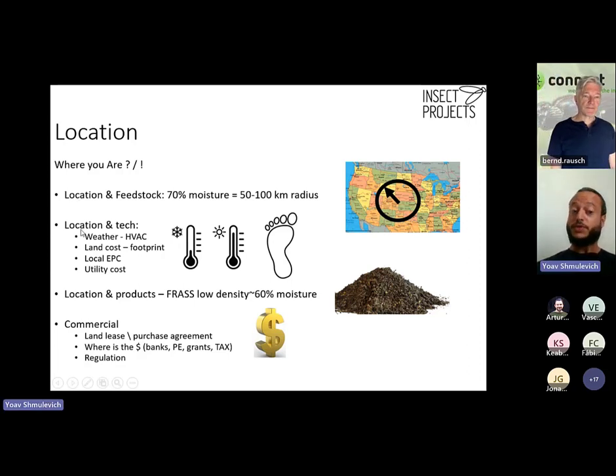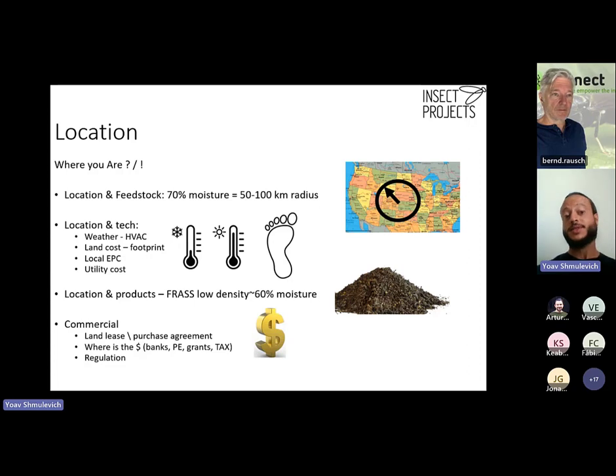What is the connection between your location and your technology? Well, very strong connection here. Your location has certain ambient weather conditions, and we know that the HVAC is, in most insect farms, the largest capital and operational expenditure of the project, the first or the second biggest. So very strong connection between your ambient conditions, your weather conditions, and your technology. Obviously, your land cost: if your land is very expensive, then you will try to build high and small. If your land is cheap, you can spread more widely.